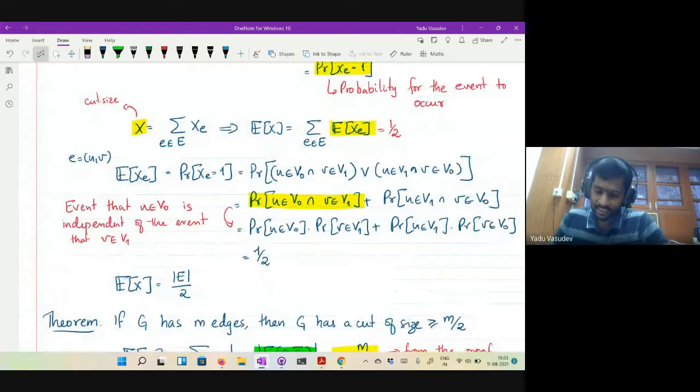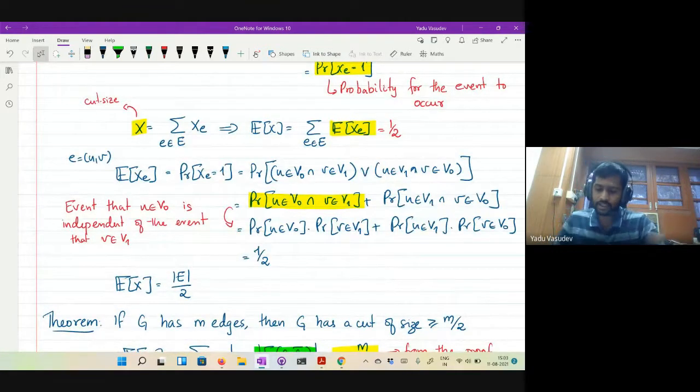We just need pairwise independence of these events. We just need to make sure that the events that u goes to v0 and v goes to v1 are independent. We don't really care if you take u, v, and w: the probability that u goes to v0, v goes to v1, w goes to v0, whether those three events are independent or not. That is not required in the algorithm.